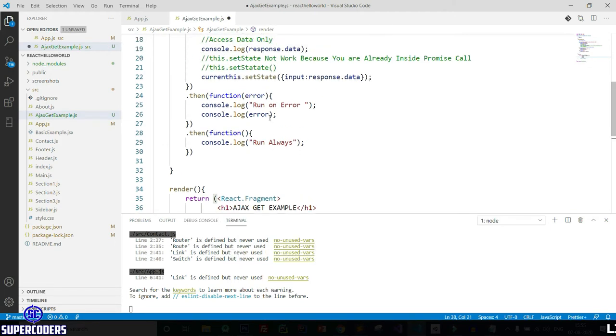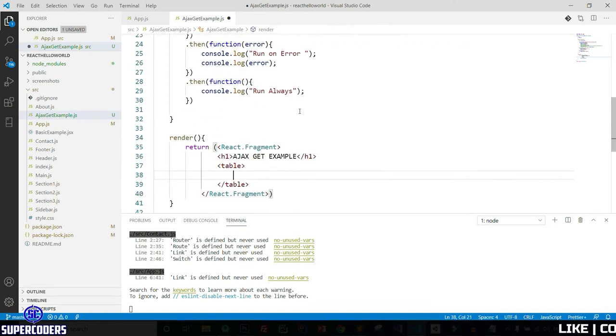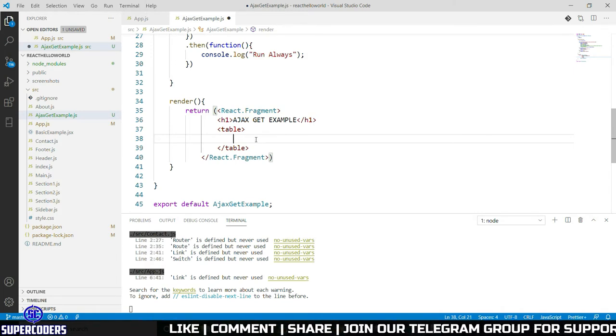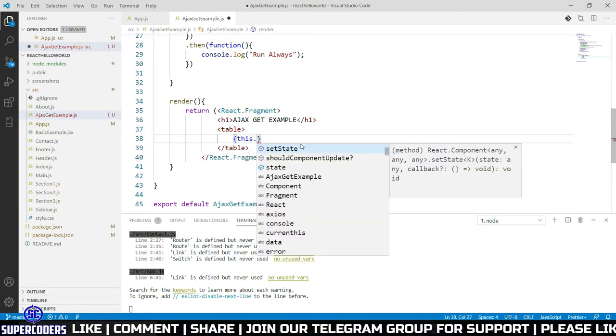Now let's see how I will print this input data in the table. In the return expression you can't use a forEach loop for showing data, so there is another way. You can use the array.map method for showing data in this return, because you can't use forEach or a for loop here.